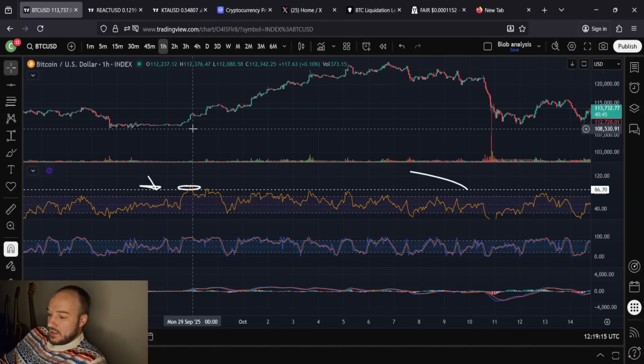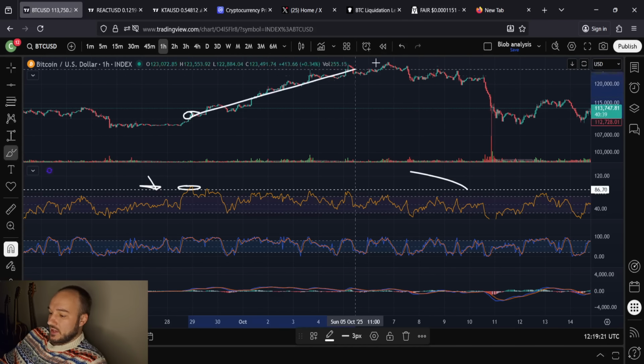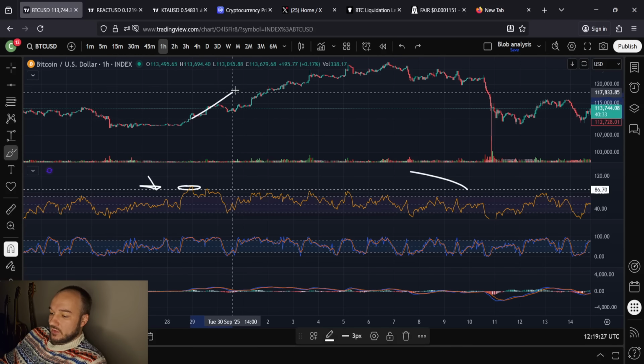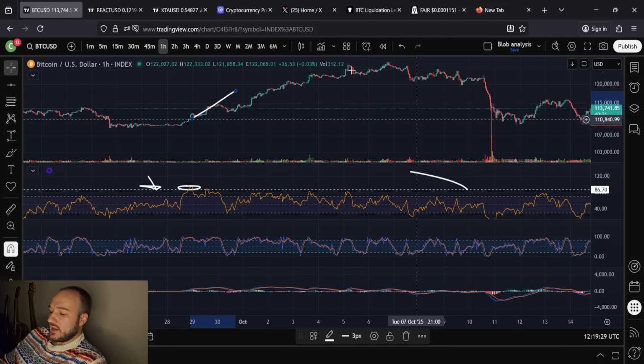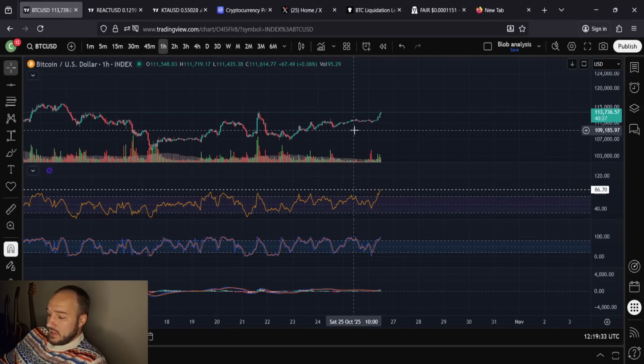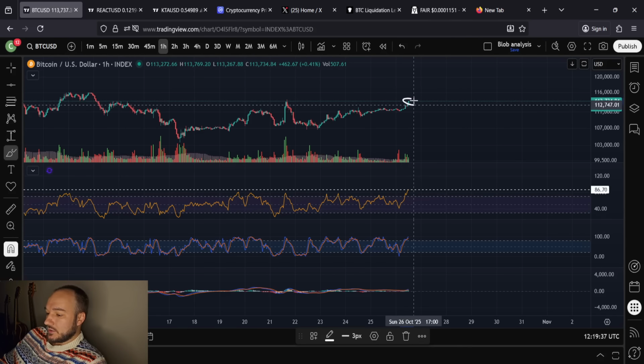And the point being here is that when we got this high in the overbought zone, was this the end of the move? Were we anywhere near the end of the move? Hell no. We had a lot more to go. And maybe this time we only have a little bit more to go. Who's to say that it's going to be the same move? Maybe we have even more than that to go. But my main point, and I'm sure you've gathered by now, is that this does not stop here.